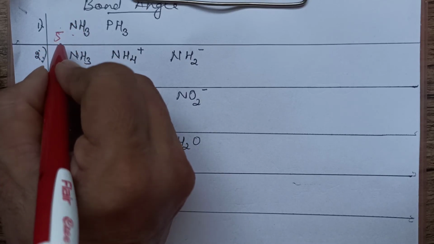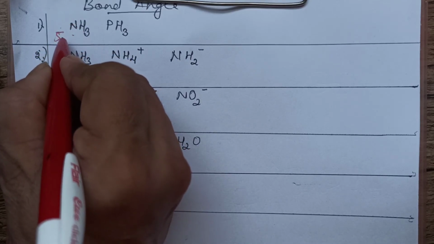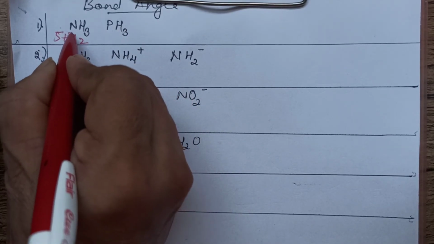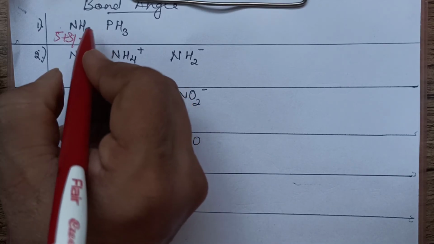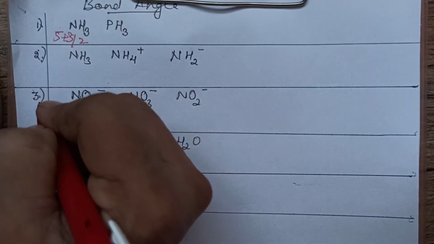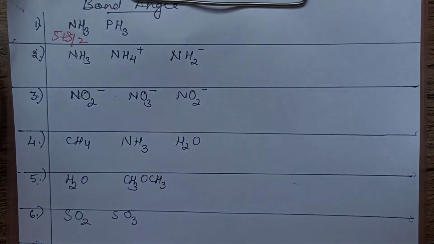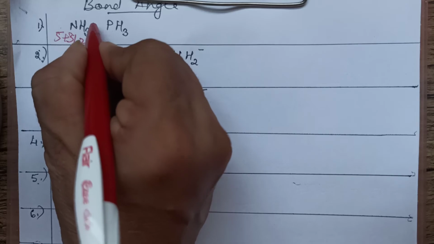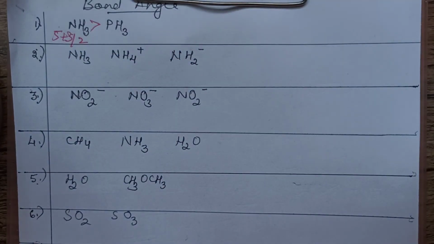The rule is same as we have discussed in VSEPR theory. Valence electrons 5 plus 3 surrounding atoms, for both it is same, divided by 2. So what you are getting is 4. 4 minus 3 surrounding atoms is 1 lone pair. Right? So both are having the same hybridization and the same number of lone pairs. Then the central atom is different and the surrounding atoms are the same, which means the first category which we considered in the last one. Right? So we have to check the electronegativity: the more the electronegativity, the more the bond angle. So this will be the answer.